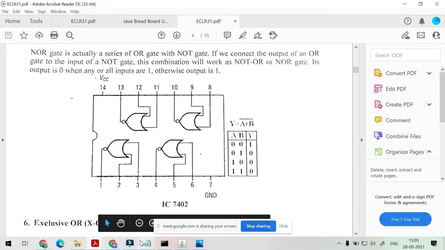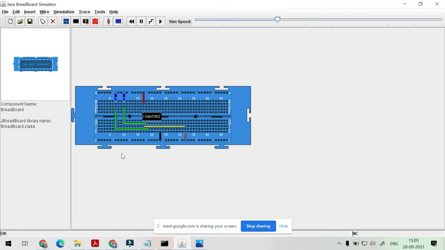So we have to check whether it's working or not. For this, we have to go to the simulation and run this, and after this we have 0.